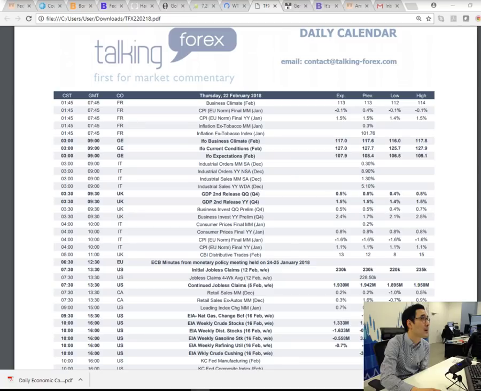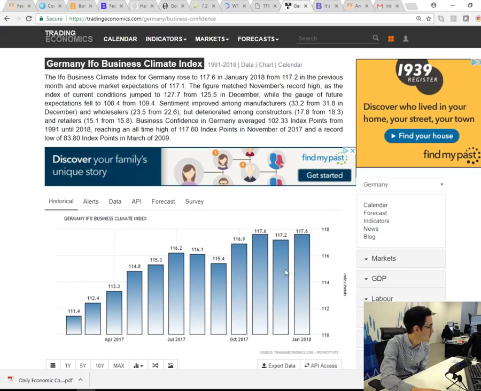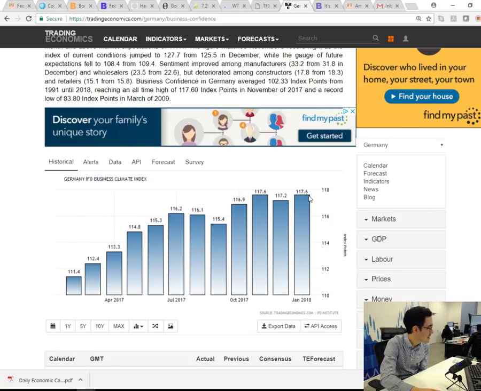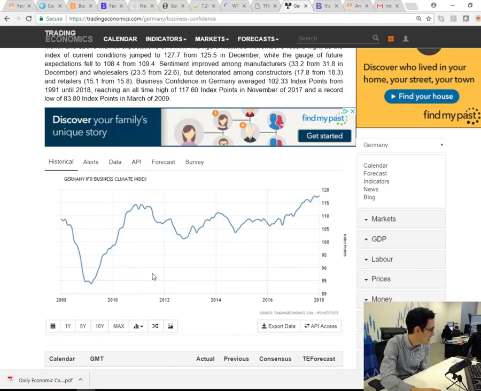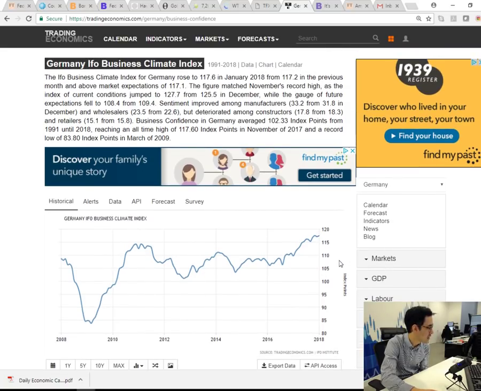But the IFO one typically is the one that's more important because this is the companies that are surveyed for their forward-looking conditions. But just wanted to show you, this is IFO on the headline reading, and really it is in a very good place at this point in time, i.e. relatively strong. In fact, if I start putting this on a 10-year chart, it's about as high as this data point has ever been. So even if we hit the lower bound of the number, this definitely isn't going to change the view, I think, of the general state of play and people's outlook within Germany.